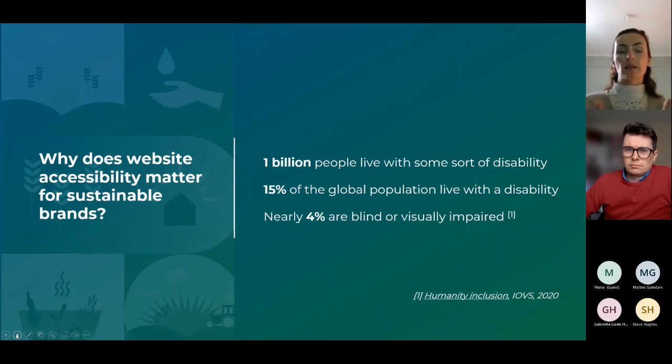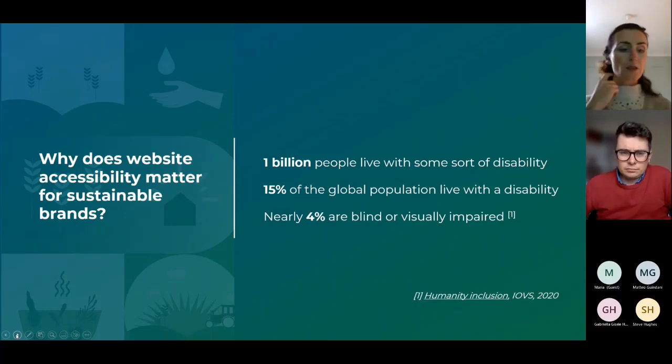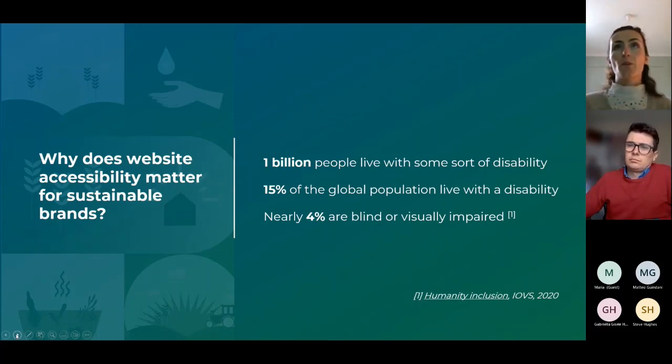And the reality is, if we look at the big figures of accessibility and disability, there are 1 billion people who live with a disability today, and that's 15% of the global population. And if we look at blind people or visually impaired people, it's 4% of the population.